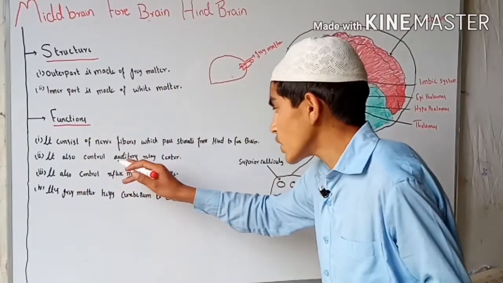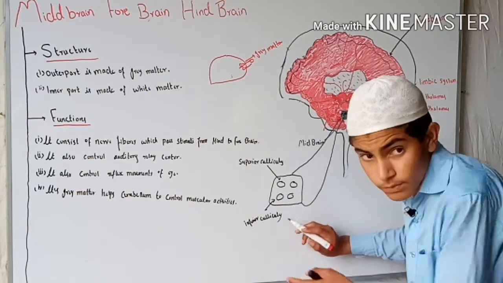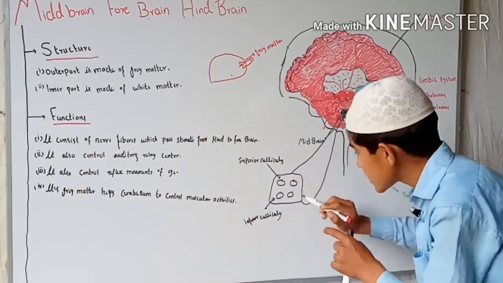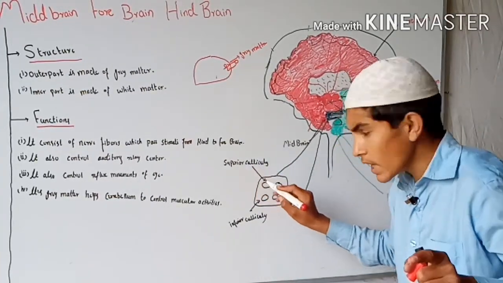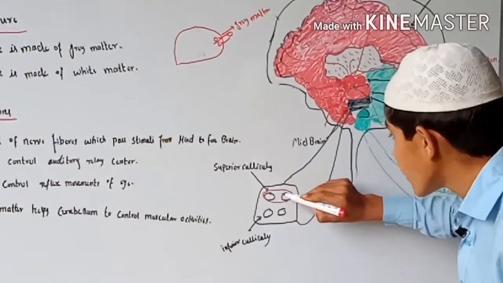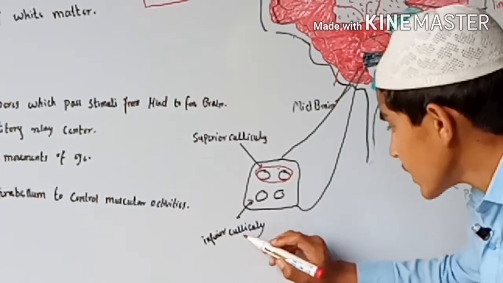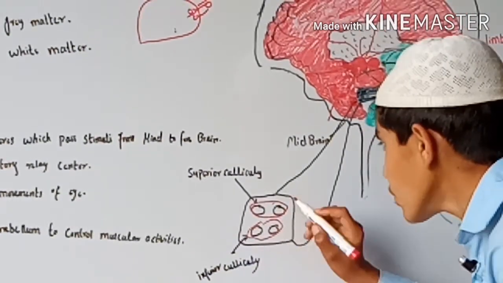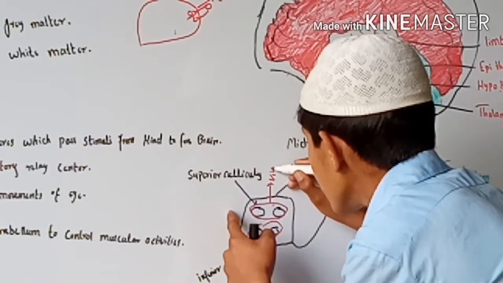It also controls the auditory relay center. So firstly I will take this diagram like this. Focus here. It consists of four types of cells. The superior two are called the superior colliculi. I have drawn it like this. The inferior two are called the inferior colliculi. These two control our visual